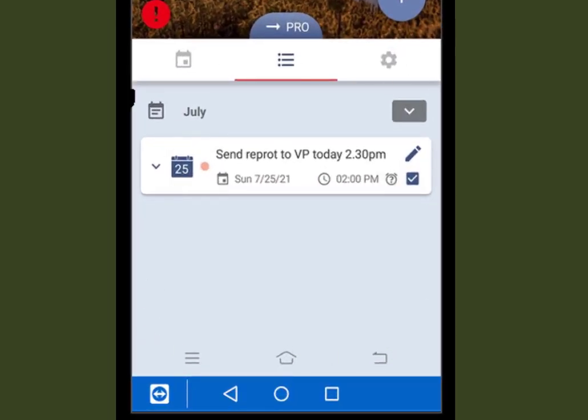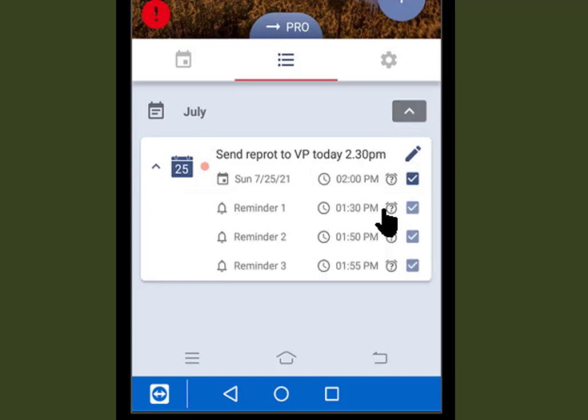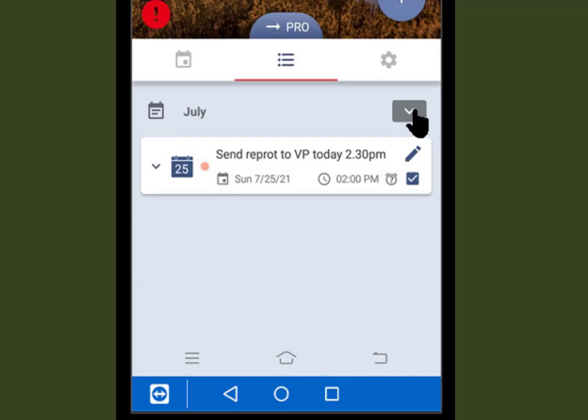Here you can see the reminders month-wise. When you click here, it will be expanded. Okay, we can expand it, and we can see all the reminders with their timings. You can reduce it by clicking here, and you can change the heading also by clicking here.